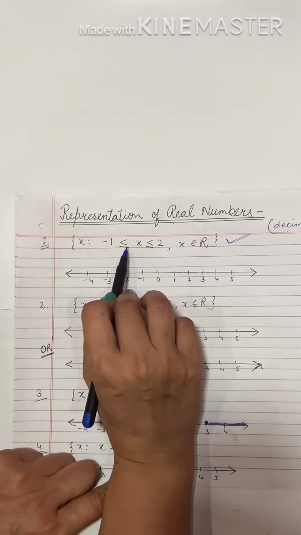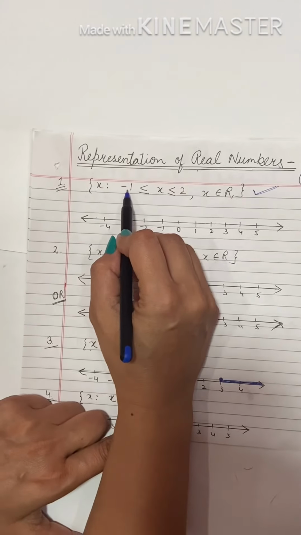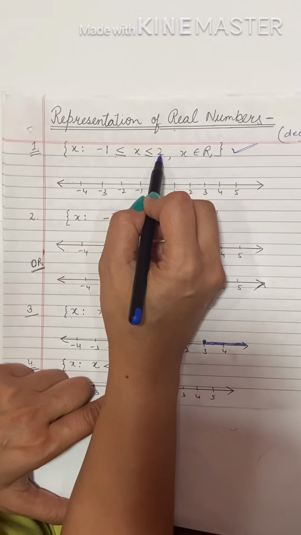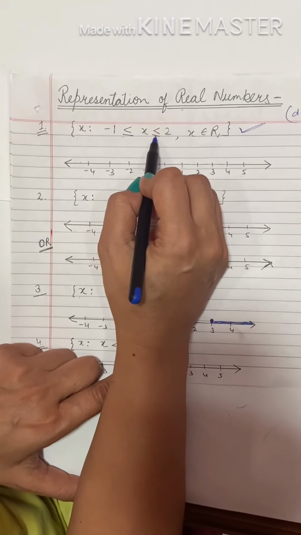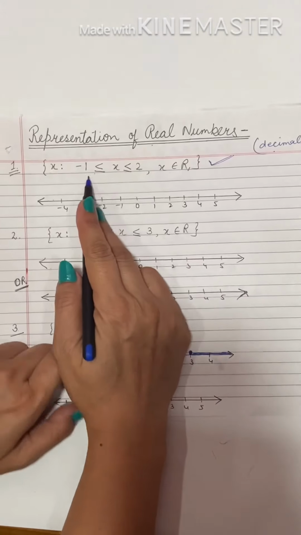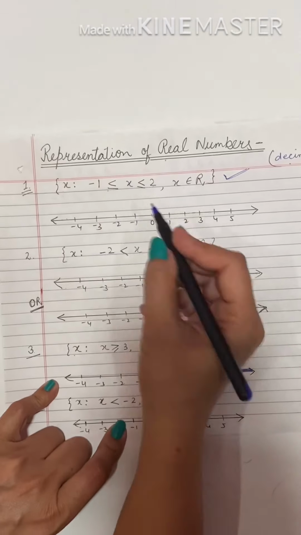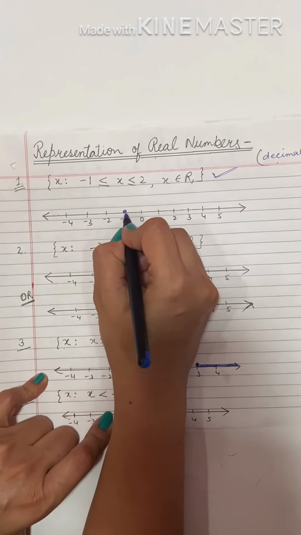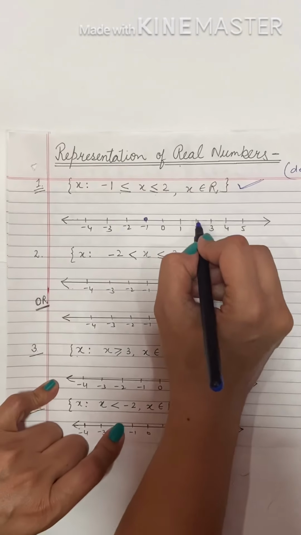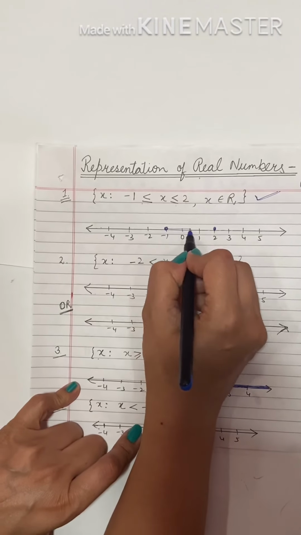We cannot give the points 0, 1 or anything like that, because any number which is greater than or equal to -1 will be included, and any number which is less than 2, it will be all decimals, like 1.999 is also included in that. So in this case, -1 is less than or equal to, the equal to sign is also there, so we'll be taking -1 also. We are going to put a dark circle here, and it is up to less than or equal to 2, and on this 2 also we are going to put a dark circle, and in between them this complete line will be highlighted.